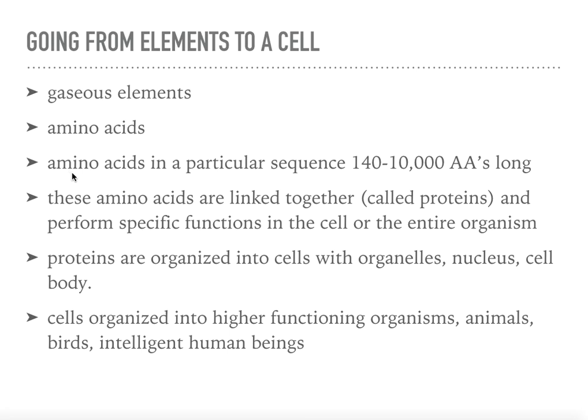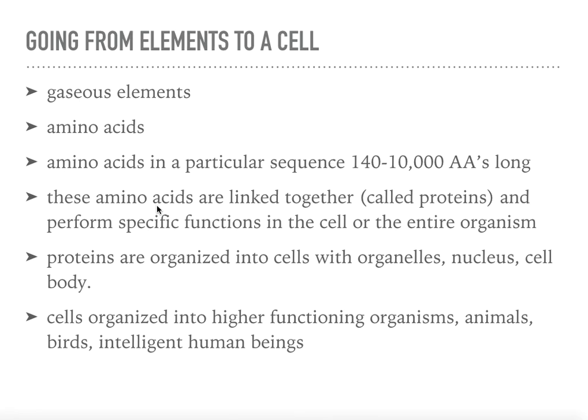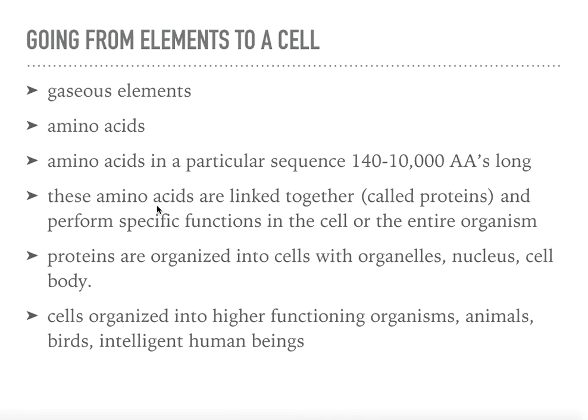Those amino acids are in a particular sequence, the smallest being 140 long and the longest being tens of thousands long. These specific amino acids are linked together and called proteins, and then those proteins perform specific functions so that